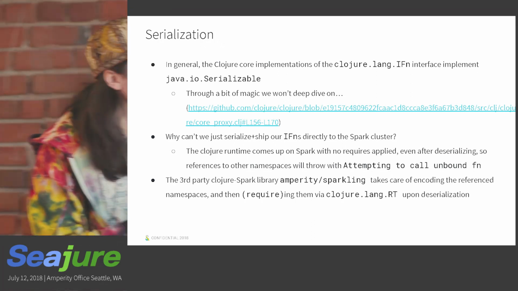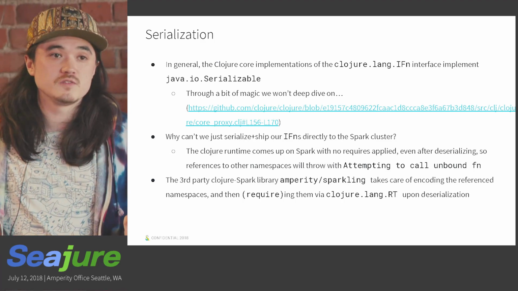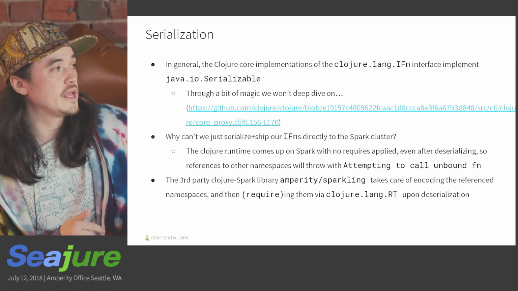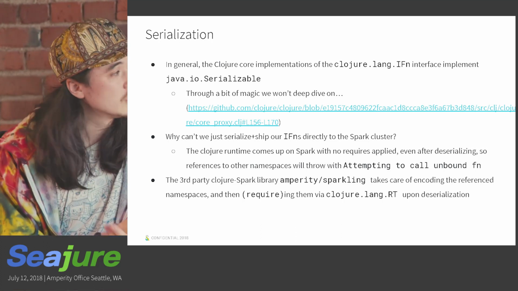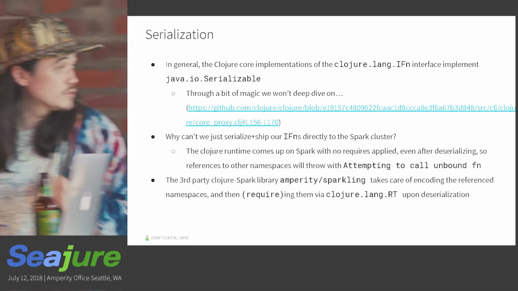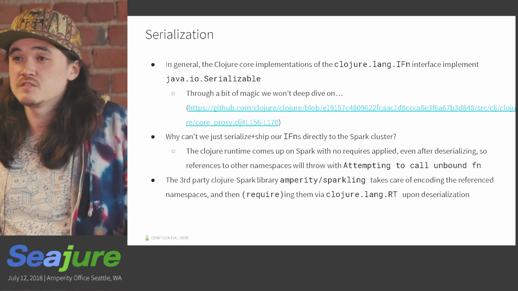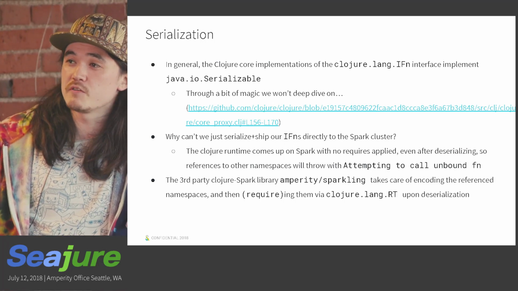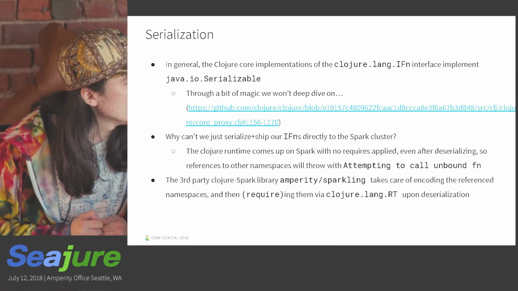And this means that if you have something that isn't in your core library, like trying to invoke some custom function in a custom namespace, and you call it from within Spark without any thought, just by serializing the iFunction and shipping it over, you get this "attempting to call unbound function" error. We'll see this a couple of times as we walk through some adventures here. That just means that namespace is simply not available. We have no idea where that code is inside your jar, or if there is a jar that has that code. It's just not there.